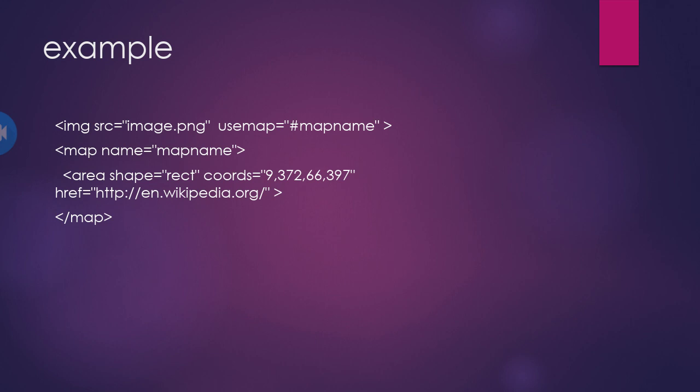Then you have to write href. Here href means when you click on that area, when you click on the image, it will display the related page. Whatever you want to display after clicking on the image, you have to give the reference of that page here in the href. In the href, you give the reference of the page which displays information when you click on the image.